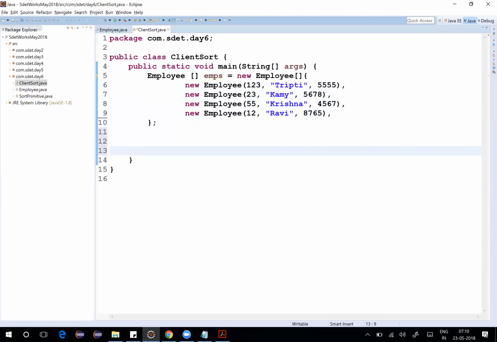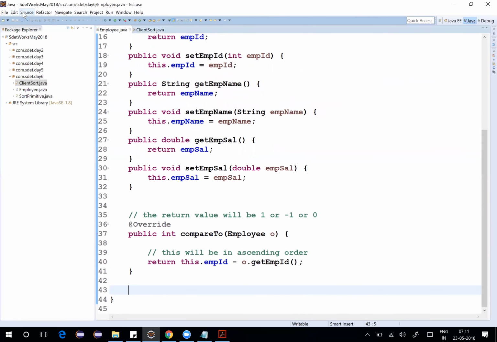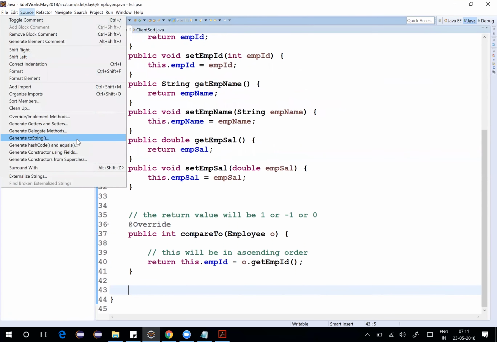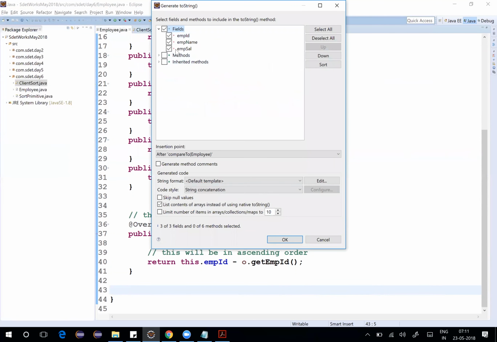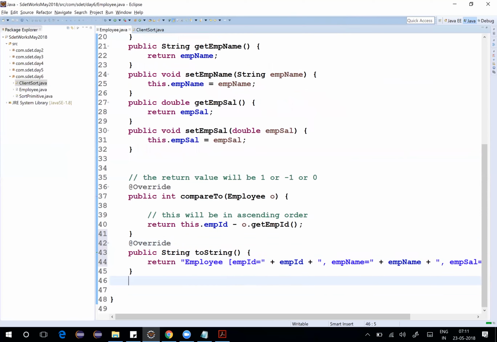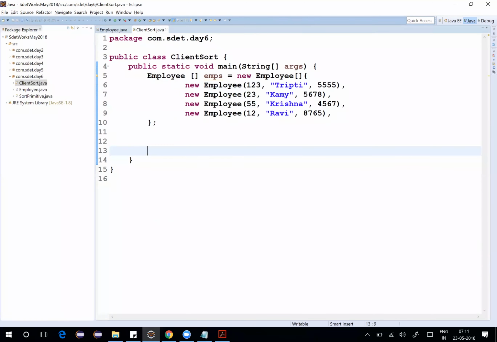So now the whole idea here is to sort it. Just before sorting it, I want to show the elements. In order to show the elements, we can use getters. If not, we still know there's the toString method, which we can override and directly show it. In order to do that, I'll go back to this guy. Here, I will go to source, override, generate toString, perfectly fine. So the checks are there. I'll say okay, this is your toString method. So once it is done, what we can do is quickly for Employee temp in emps